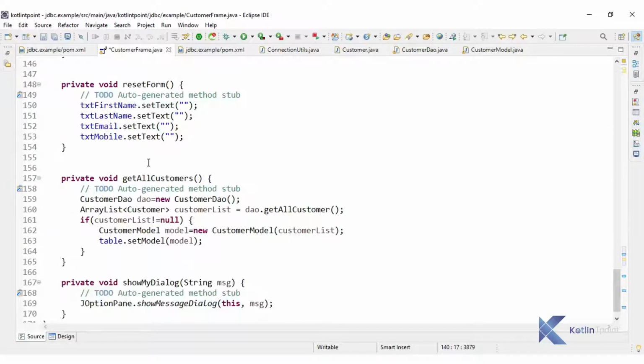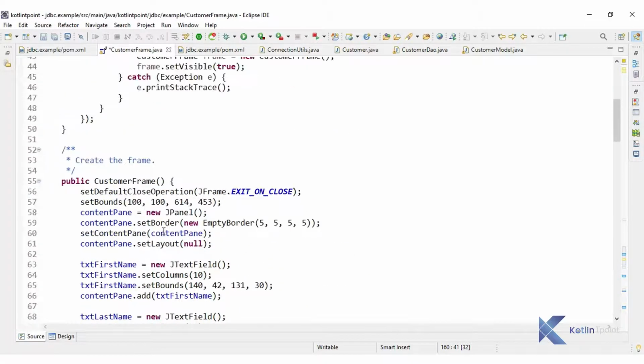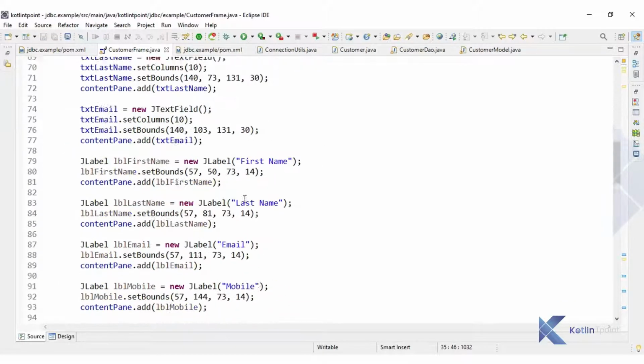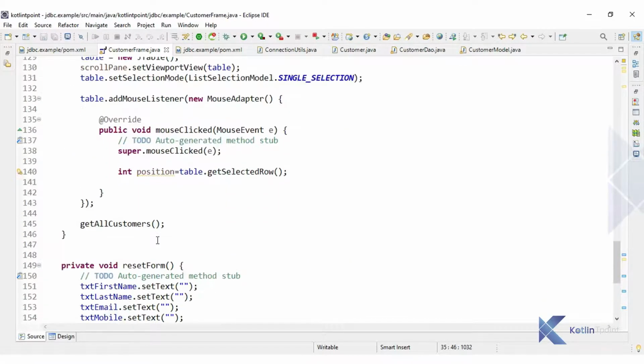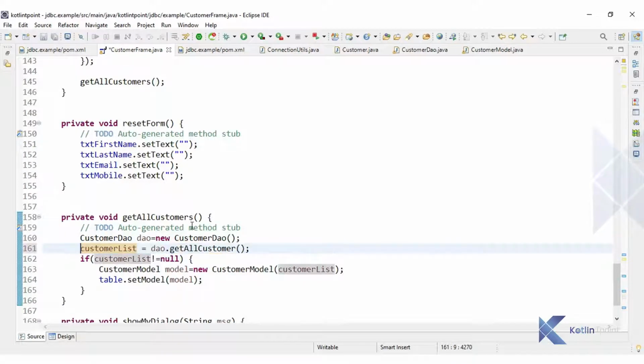You can see when we are displaying data with our table, we have the array list of customer here. So that customer array list we can declare at class level, so that it will be easier for us to confirm which customer is selected by the user. So I declare the customer list as a class level field, and I will remove the local declaration here.